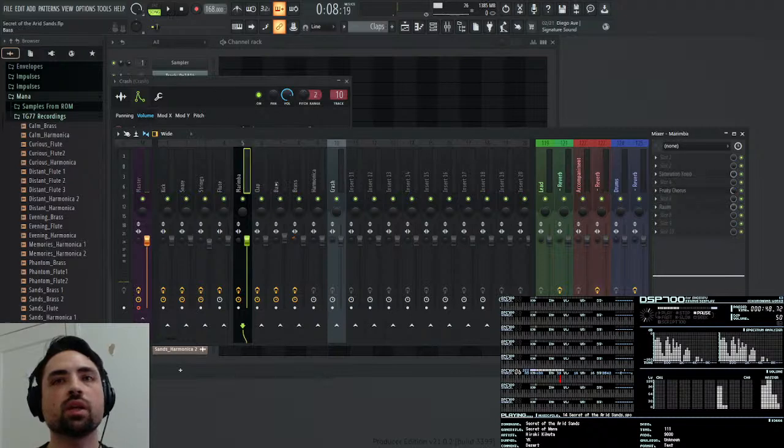And so now I can remove realm from everywhere except the buses. And so now this brass also needs to go in accompaniment reverb.